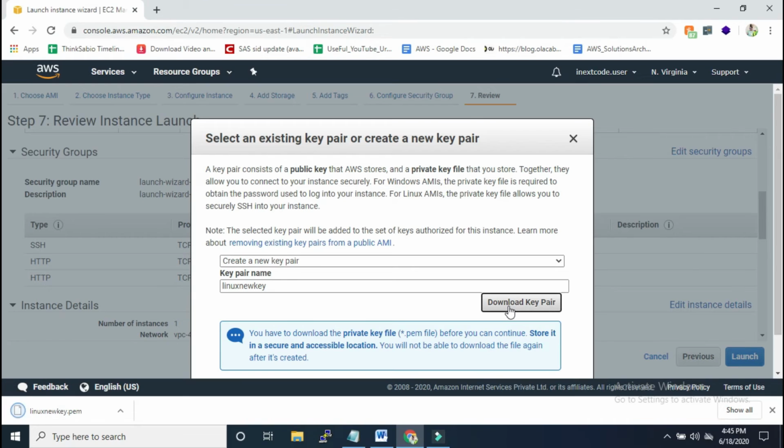What is a key pair? The key pair is the most important thing in AWS, which protects us from all threats. It is like a key, an important key. The key pair is nothing but 2 keys.